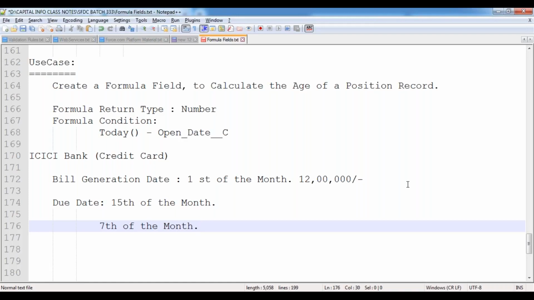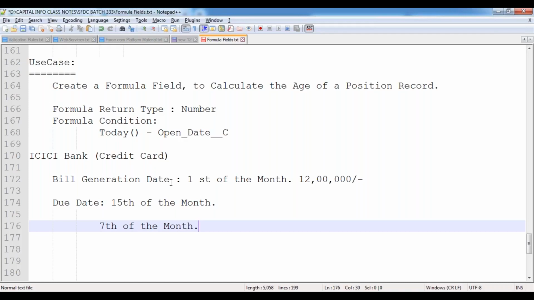So in this case, what I need to do is calculate how many days are left to close the position. Based on that, they will be informing here. Like for example, when you go to the bank, they keep on informing you. 10 days before the due date, they will send one notification to you. 5 days before, one more reminder notification. 3 days before, one more reminder. 2 days before, one more reminder. 1 day before, one more reminder. On the same day, they will send the reminder notification to you. So based on that, they will take the action.